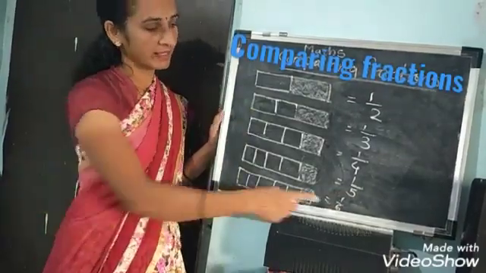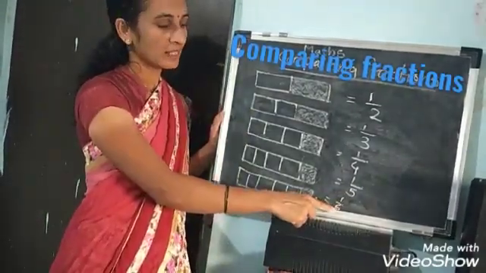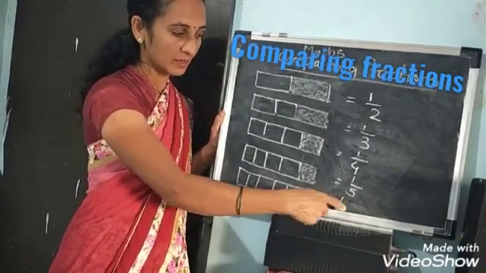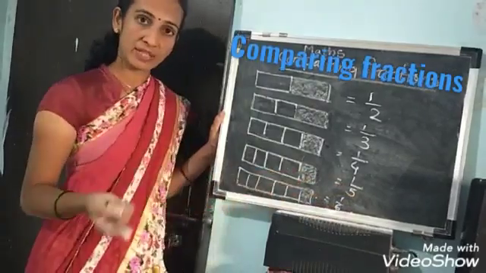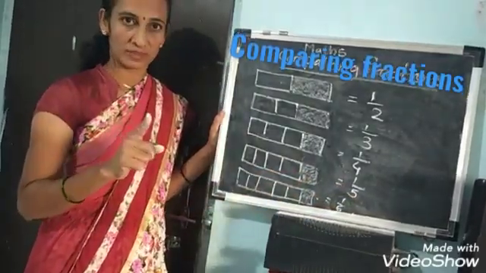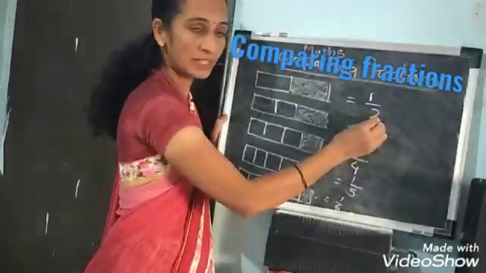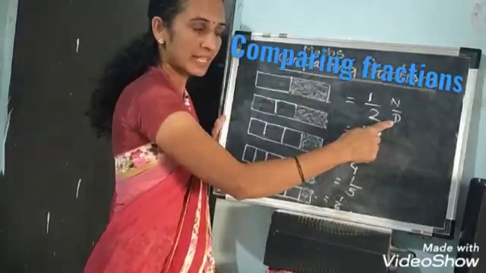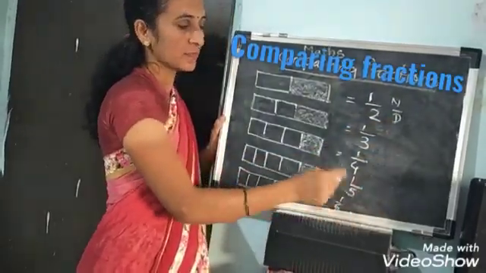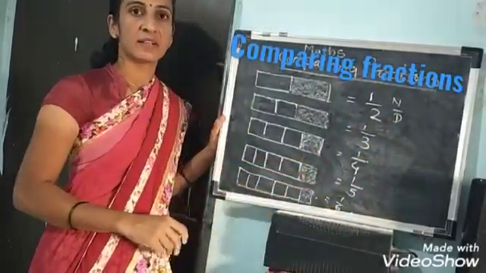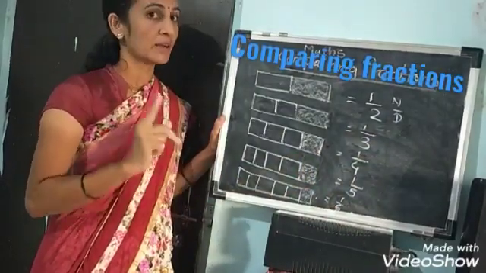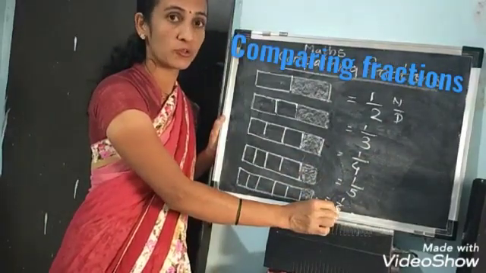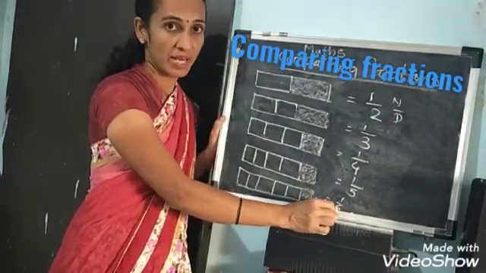What do you think? This 6 is bigger. Then will this fraction be bigger or smaller? 6 is a bigger number, but what about this fraction? Is it bigger or smaller? It is smaller. If the bottom number is the denominator and this is the numerator, then if the denominator increases, the fraction decreases. The fraction becomes smaller. Why? The number on the downside, the denominator, shows the total number of equal parts, right?